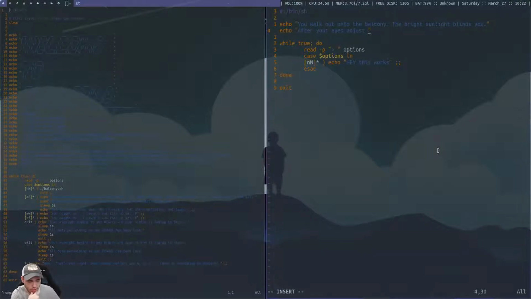So you walk out onto the balcony, and I think out here I'm gonna have the key. Like there's gonna be a key that you need to get out of the door.